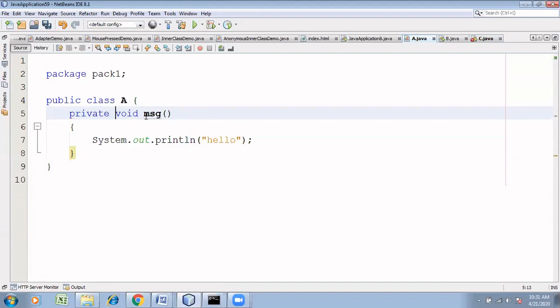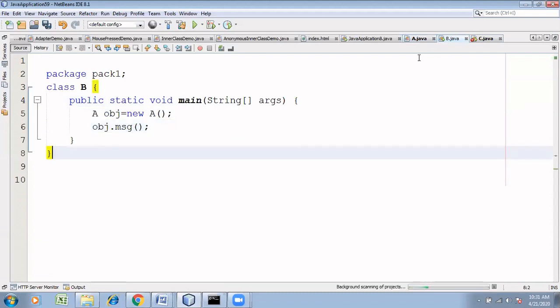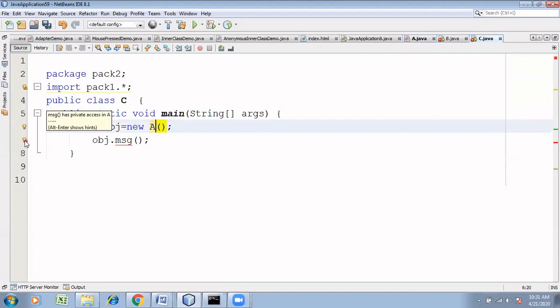Can the message be accessed outside the class, outside A? No. So go to b.java. You got the error: message has private access in A. Within the same package you cannot access it. Therefore, outside the package also you cannot access it.